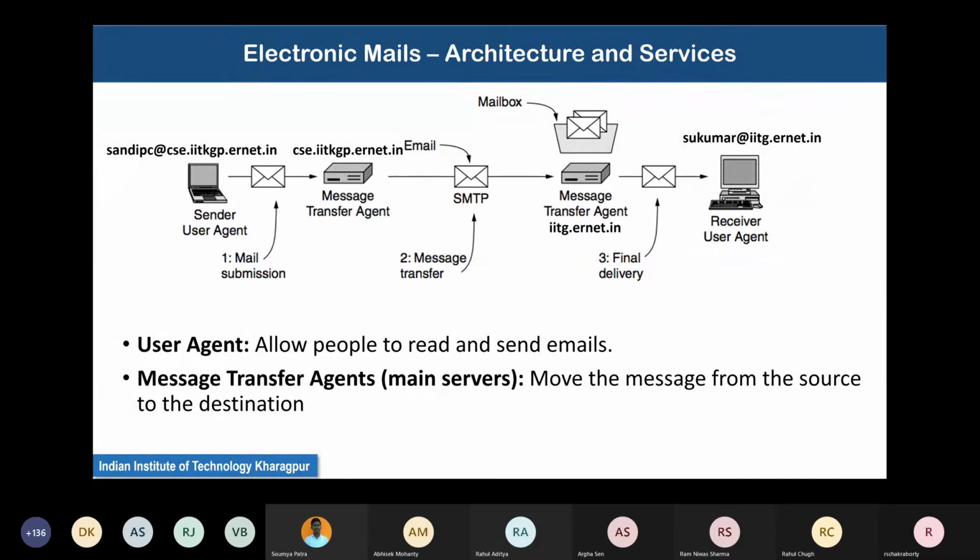This message transfer agent would take this email and use a protocol called SMTP, Simple Mail Transfer Protocol, to perform a message transfer of this email to a message transfer agent, another mail server located at iitg.rnet.in.